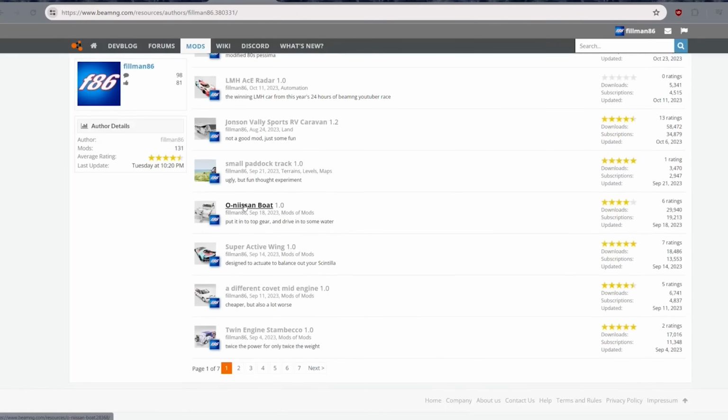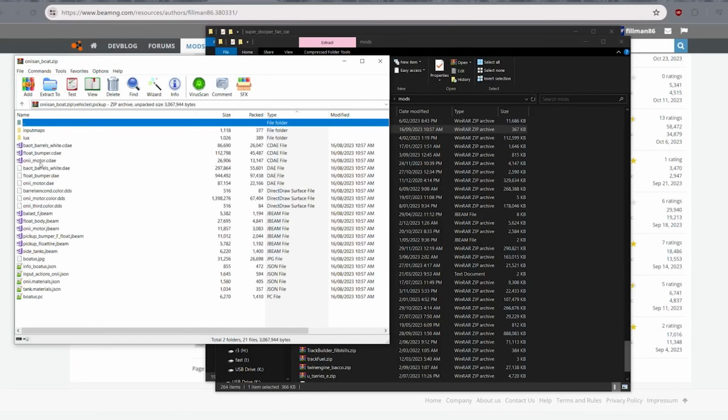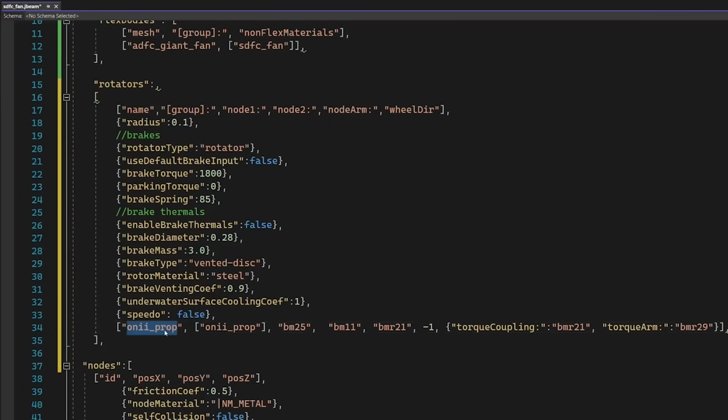What was the last thing I made with a rotator that I can rip the code from? I don't remember. The boat used a rotator. All right, I believe it was like the Oni boat. There we go. Good, some nice easy code to rip. All right, stick you in here, and then I have to figure out how to make you work. I think this is, so then there's a name for it. So the rotator is gonna be called